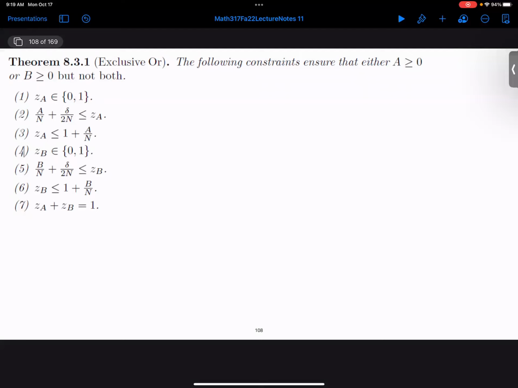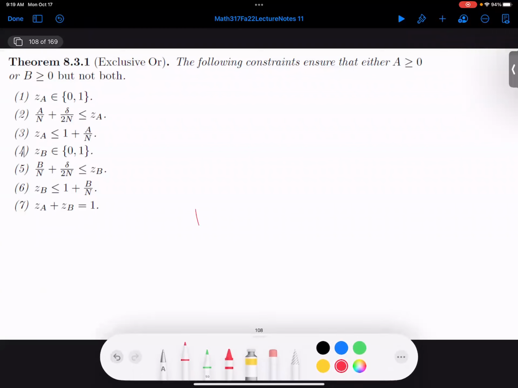So take a moment and look at these equations. I think they naturally break into a certain number of groups. Maybe 3 groups. What do you think the first group is? All the inequalities, including like ZA. Good. So this is the first set. And the second set? The ZB set, so that would be 4 to 6. Yep.